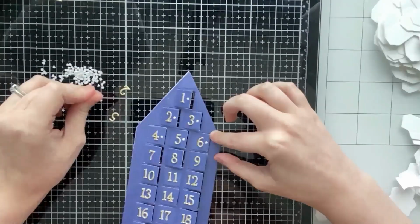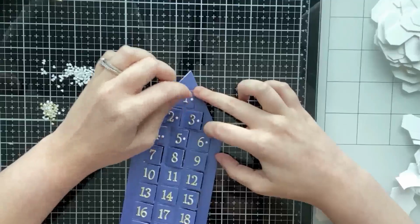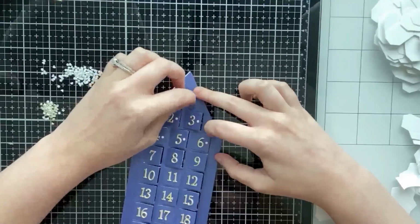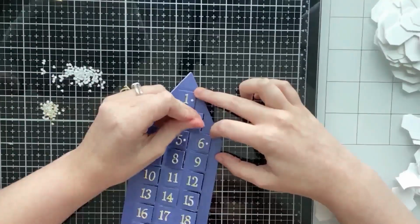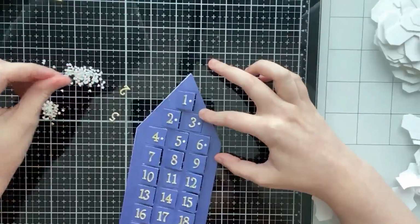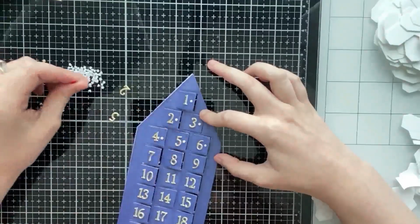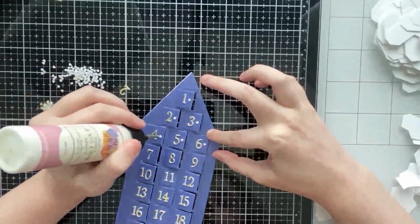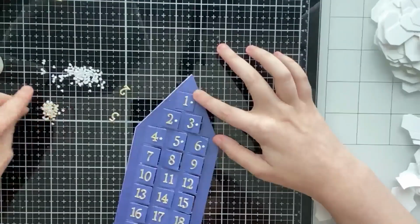And then there's also some circles or hearts if you want to use those shapes instead of the stars. But I'm going to be creating a nativity themed calendar, so I thought the stars would look nice. And this die is included in the recent Countdown to Christmas collection by Scrappy Tales, and I designed this